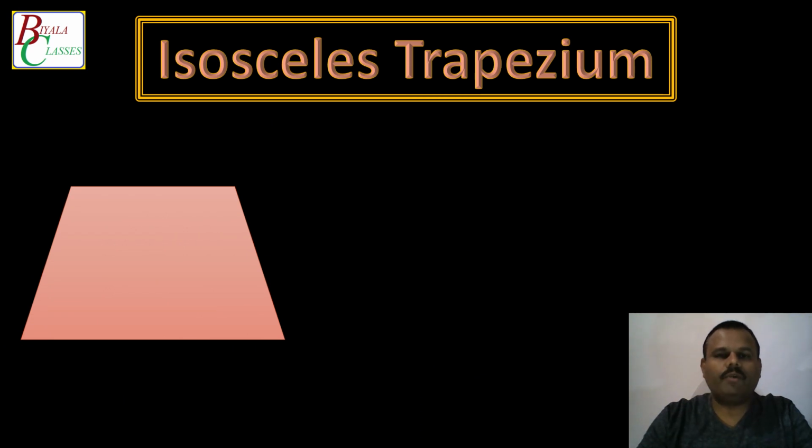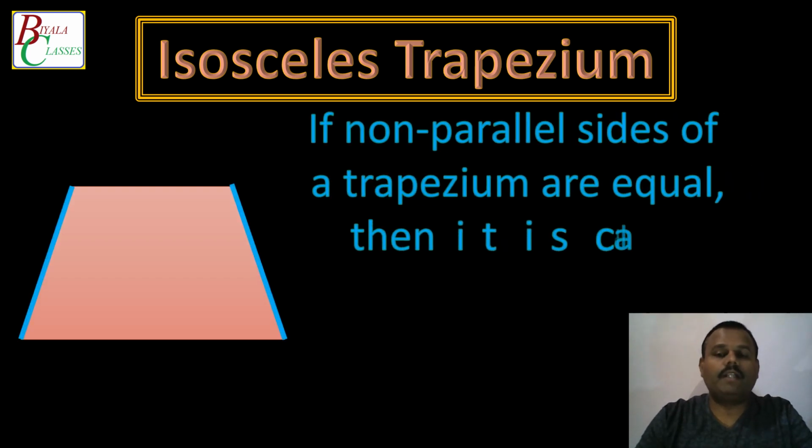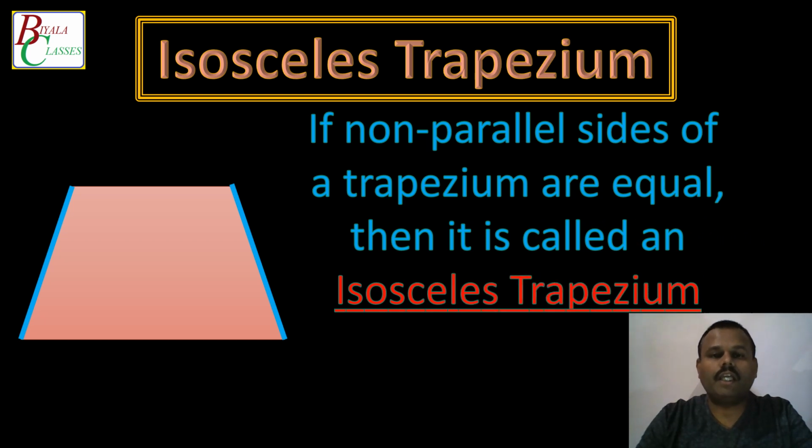Then in the same you have isosceles trapezium. So isosceles trapezium is a trapezium in which the non-parallel sides are equal. As you can see here, the 2 non-parallel sides have been highlighted, and if these 2 non-parallel sides are equal, then this particular trapezium is known as an isosceles trapezium. Rest, there are no specific properties of a trapezium. So we'll move ahead with the next